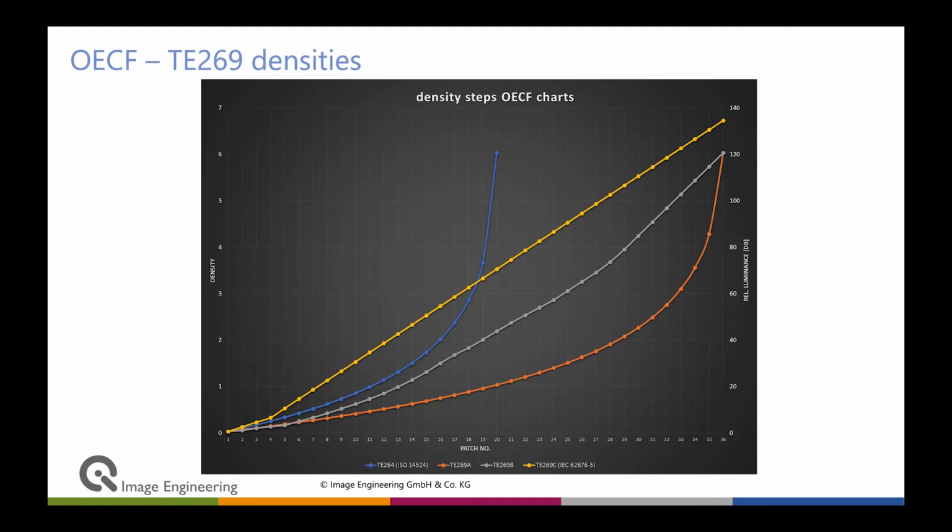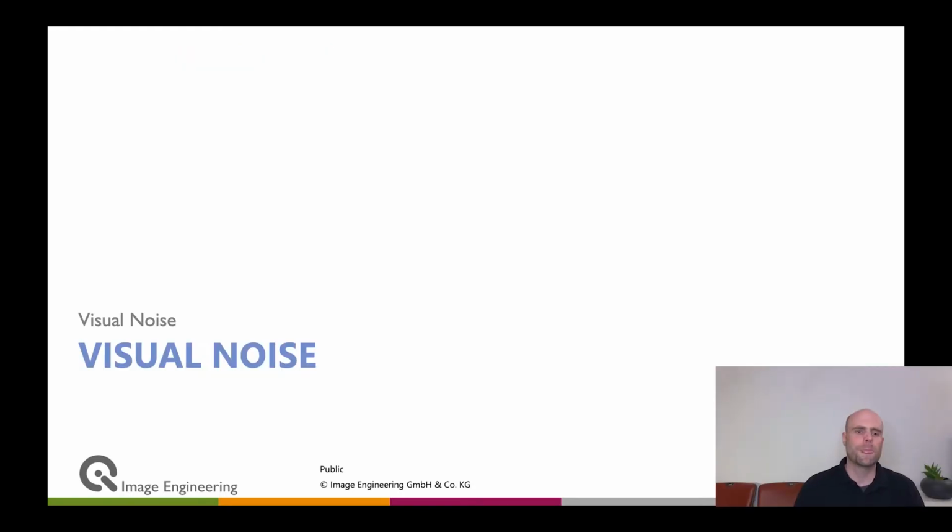Especially the TE269C is also following an IEC security camera standard, so that you have a linear spacing in dB, and we reach up to 134 dB. So a huge dynamic range of a test target, which you need in many cameras. So if you have a high performance camera, you need high performance test targets. Simple as that. Okay,